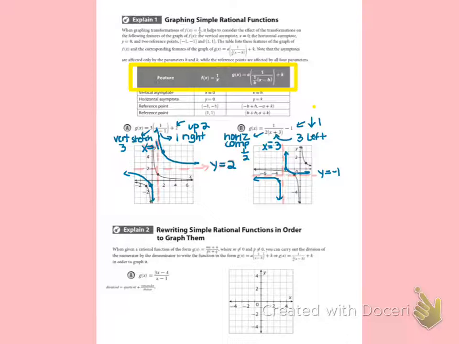So when given a rational function of the form g of x is equal to mx plus n over px plus q, in other words, in the form like this is in, where m is not equal to 0 and p is not equal to 0. So in other words, when the numerator is not 0 and neither is the denominator, you can carry out the division of the numerator. So you're going to do division of the numerator by the denominator. And if we write the function in the form of the dividend equals the quotient plus the remainder divided by the divisor,